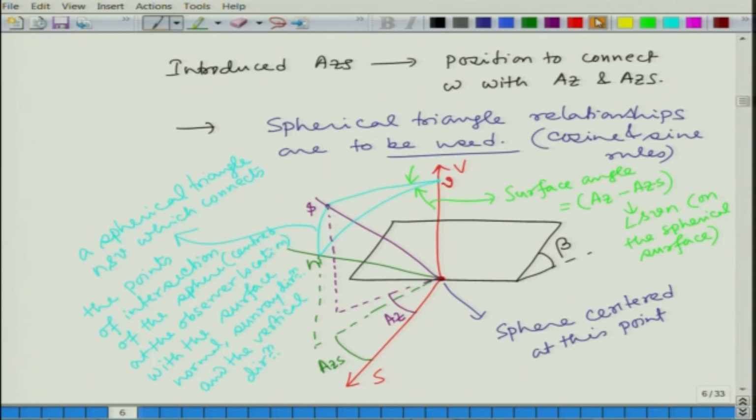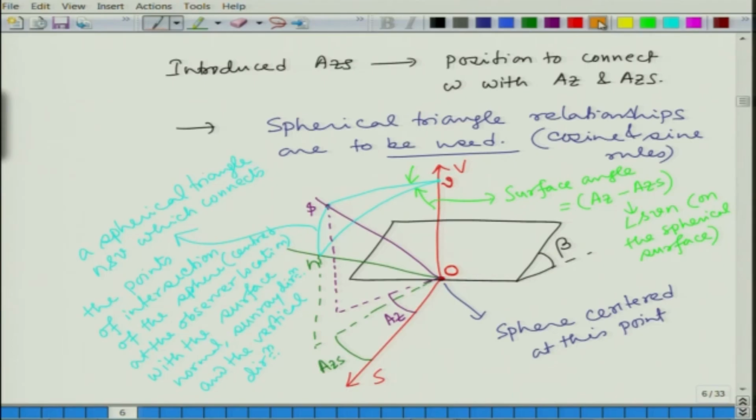Let me show all the angles here itself. One thing I forgot to mention: this is the origin or the center of the sphere, which is the observer location O. Now, another thing we can write here is